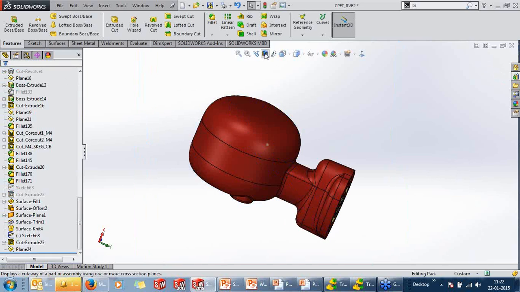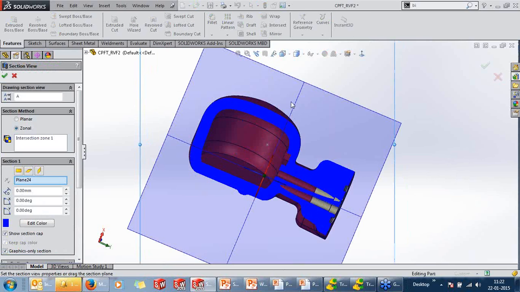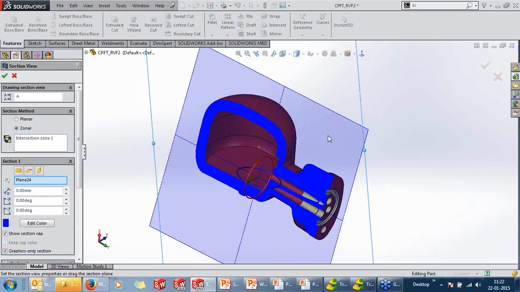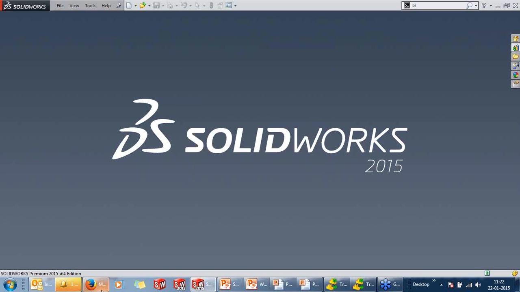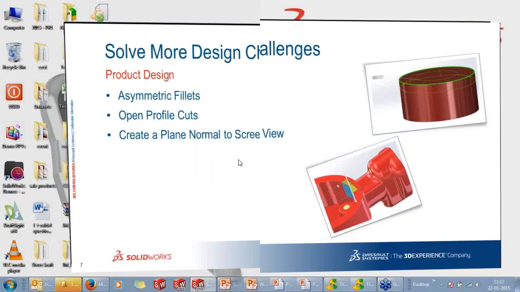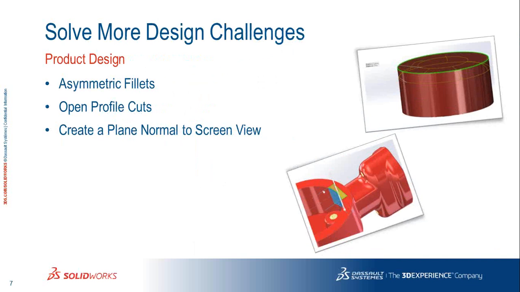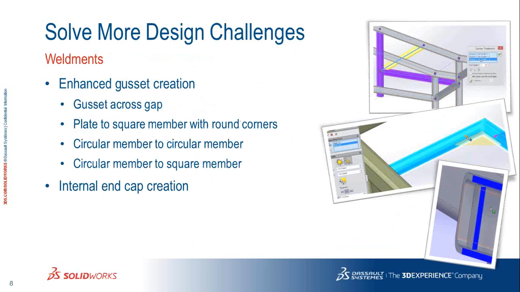You can see the section gets updated. So these were some of the new announcements in terms of product design.